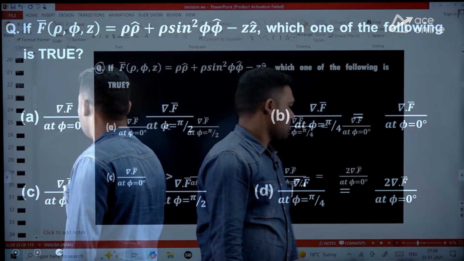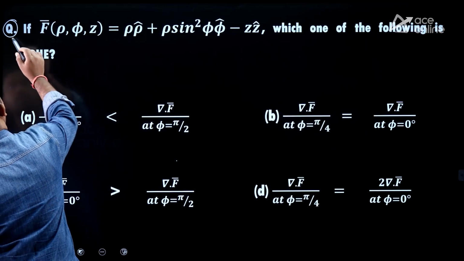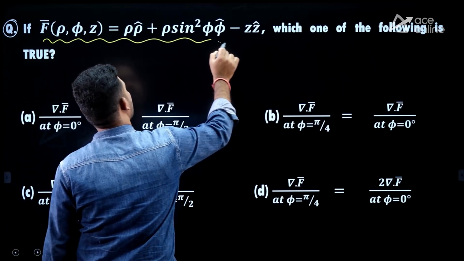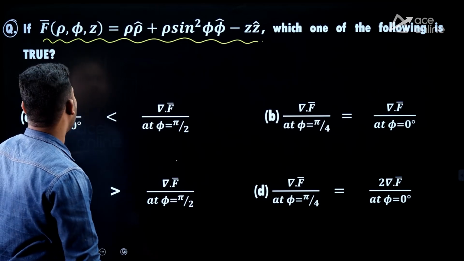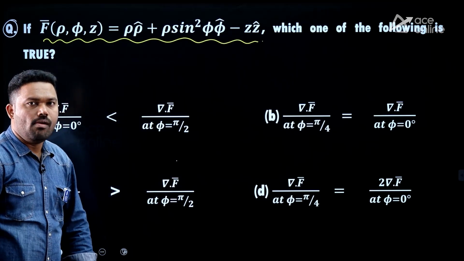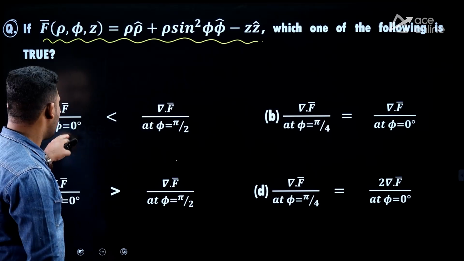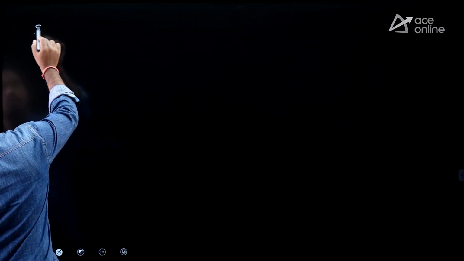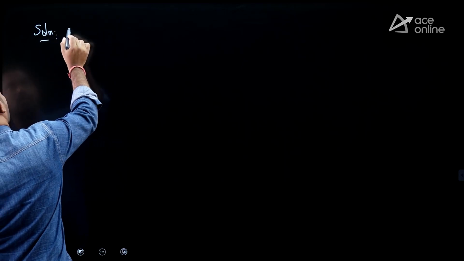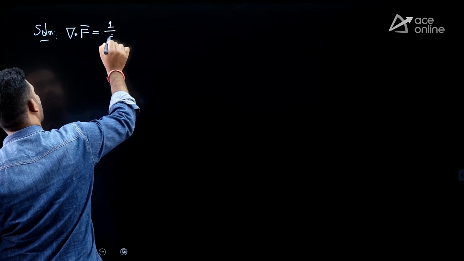Here is a question. Yes, guys. f of rho, phi, z is equal to rho rho cap plus rho sin square phi phi cap minus z z cap. Which of the following is true? Options are given. Clear, friends? This is in the cylindrical coordinate system. It is asking for the divergence at 3 points: at phi is equal to 0, at phi is equal to pi by 4 and pi by 2. So what is the divergence of f formula in the cylindrical? 1 by rho into